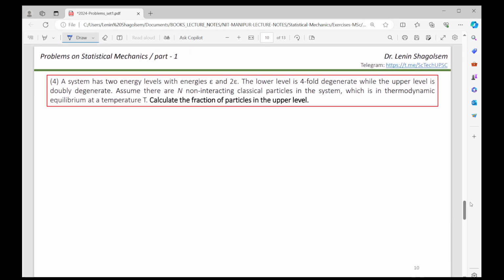Now a slightly different question. Here again we have a two level system with energies epsilon and 2 epsilon. So let's just draw it. It's always good to draw the energy levels like this. The first energy level, let's call this epsilon 1, has the value epsilon as given, and the second level is twice epsilon. And the degeneracy values,